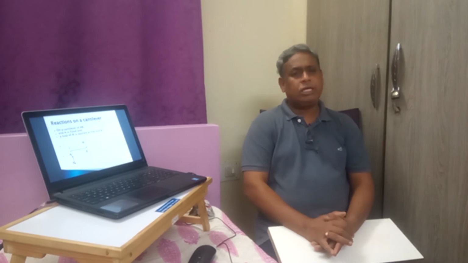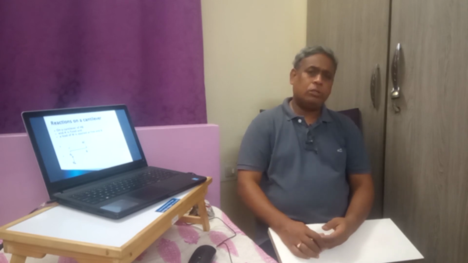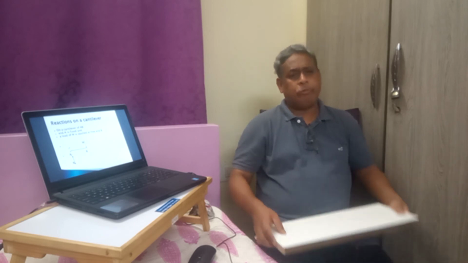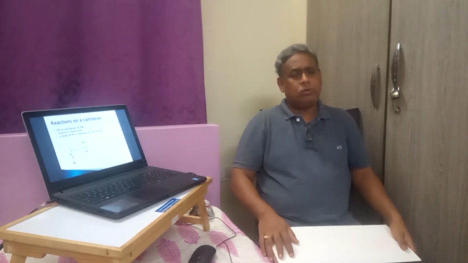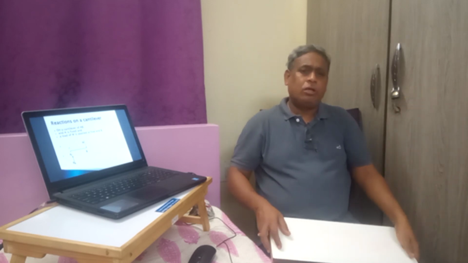We have seen the case of a cantilever. When a vertical load is applied on a cantilever, the cantilever tends to move downwards, so that reaction is felt at the fixed end. The load is trying to bend the beam downwards. So automatically there will be some reaction at the fixed support, and also some moment produced.